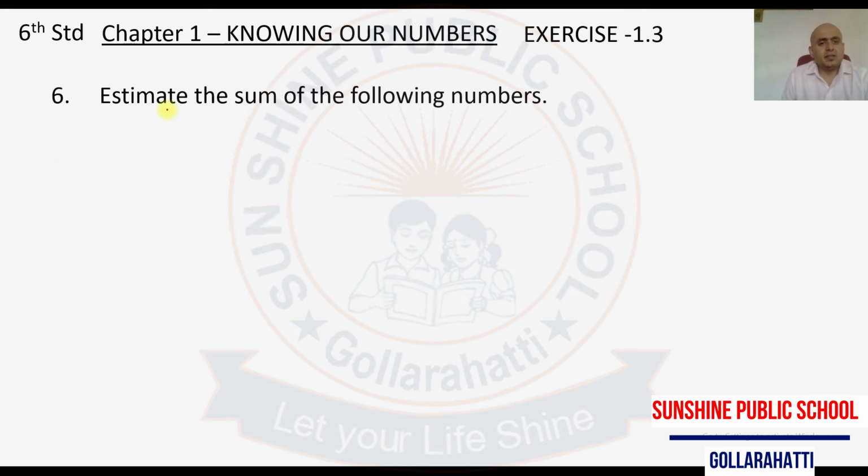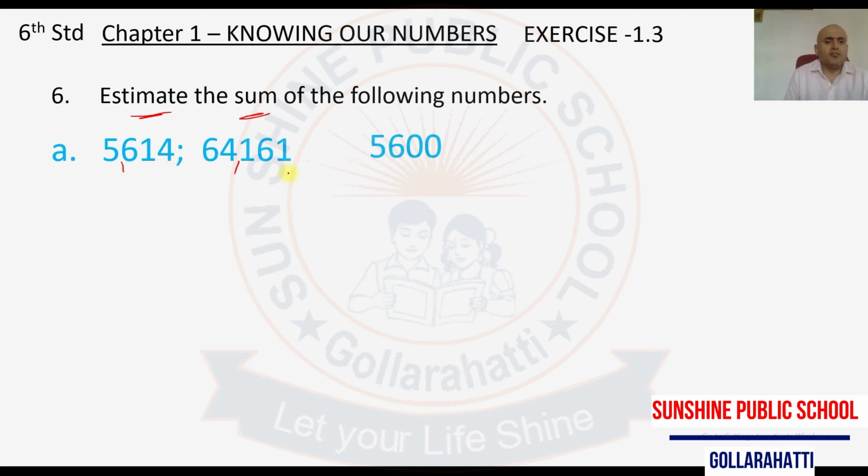Next, estimate the sum of the following numbers. So, you have to estimate the sum. That means add. You should estimate and add the following numbers and write the estimated sum. First question, 5614 and 64,161. If you estimate 5,614, that will be 5,600, and if you estimate 64,161, that will be